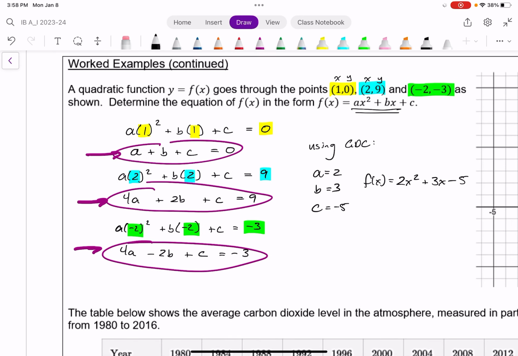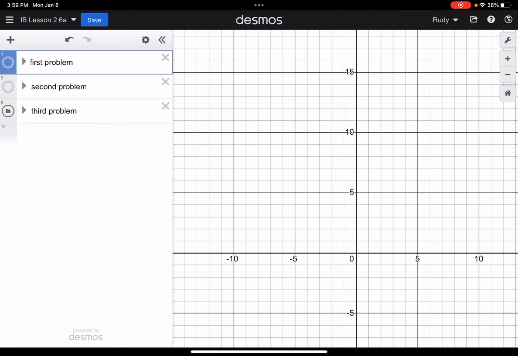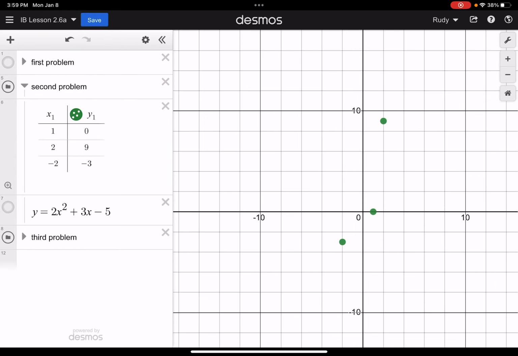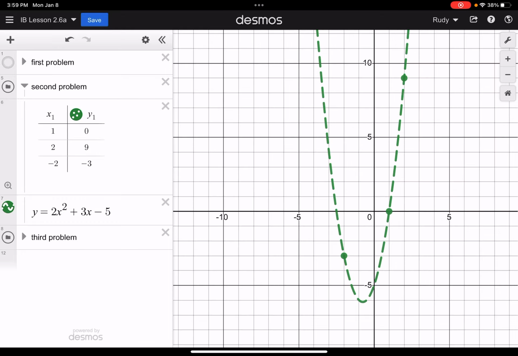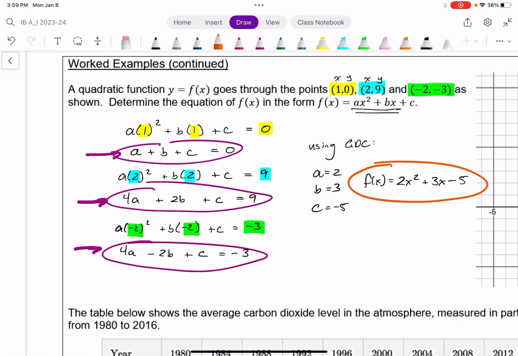And since I have a graphing device, I would highly recommend we just check and see if this is correct. So if I go back to Desmos here, if I turn this off, here are the points that we were given, and here's the equation I just figured out, and it works. And so keep in mind, if you were to try to solve this system, because I have a 3-variable system here, if you were to try to solve this without your GDC, it is doable, but it is so much more work,